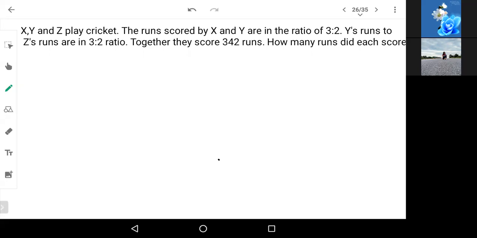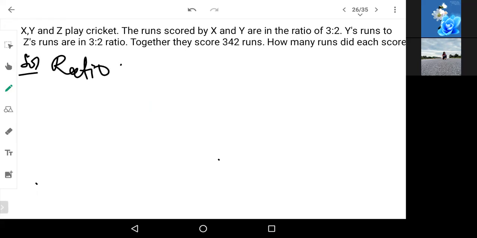Okay. So X, Y, and Z will play cricket, where the runs of X and Y is in the ratio of 3 is to 2, and Y's runs to Z's runs is in the ratio of 3 is to 2. Together, they score 342 runs. How many runs did each score? So they have given the ratio of X is to Y and Y is to Z. So solution,